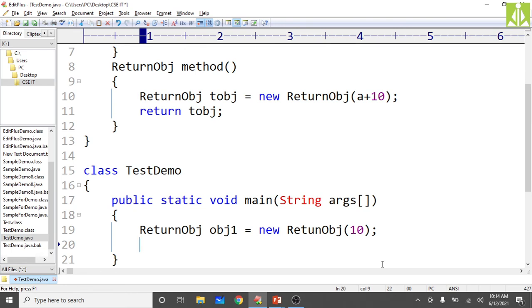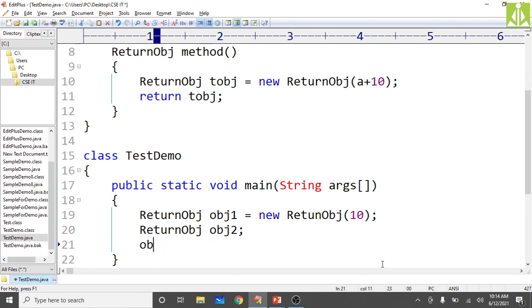Okay, so definitely when it is receiving, we need another object over here. So return obj2. Okay, so now obj2 will receive that object returned by the method.